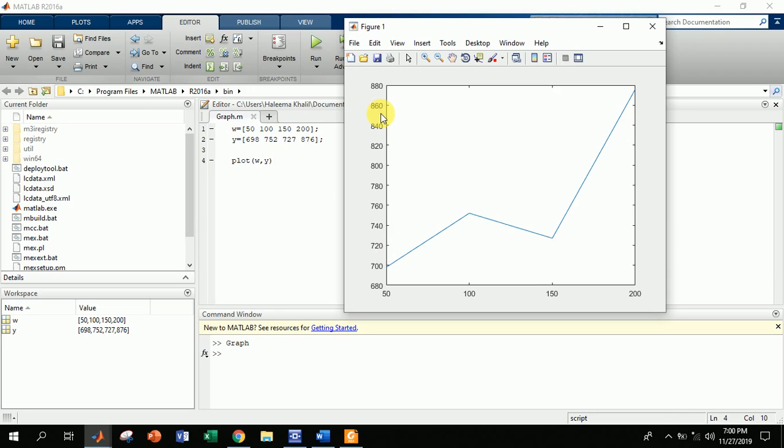Alright, but this is a very basic and simple graph. Now I will do some variation on this graph and make it look beautiful, for those students who want to present it in their research paper or some other journal paper. So how to present your graph using MATLAB, this is my topic today. Okay, so now